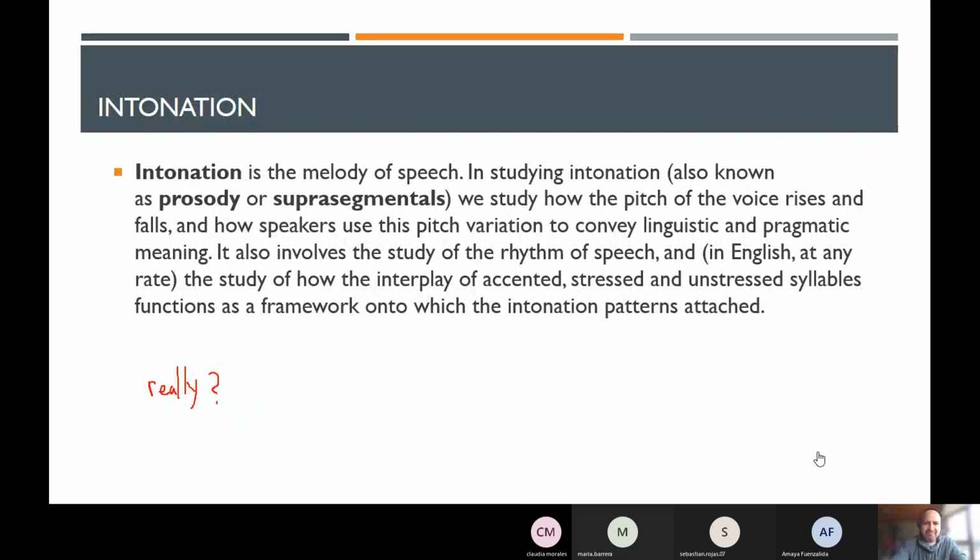Now, if I say "really," with a full rise and fall intonation, it is probably expressing, I don't know, "not again." I mean, we didn't have classes last week, and next week we're not having again. So intonation in one word, like "really," can change the perception of what I'm saying, or you can convey lots of information to the listener.